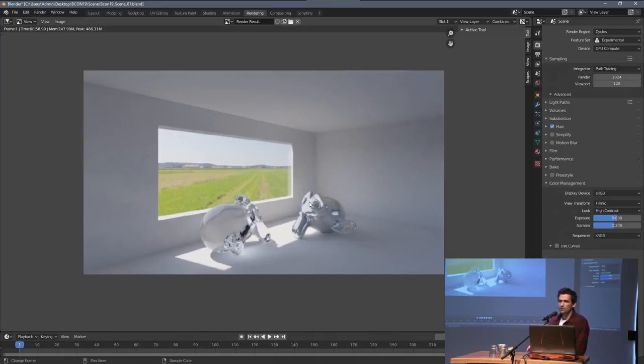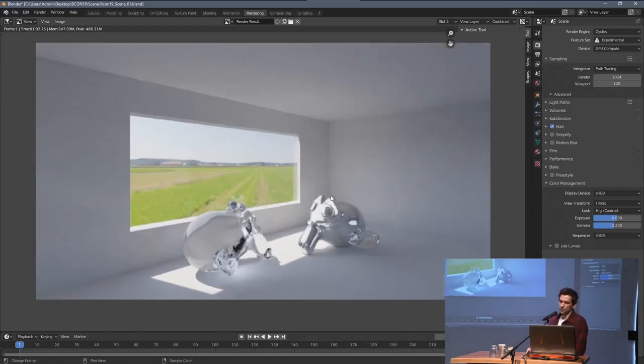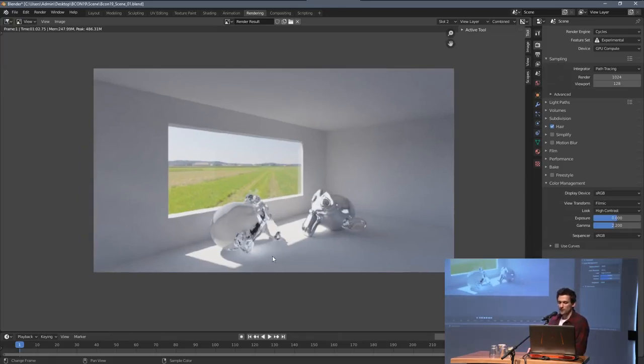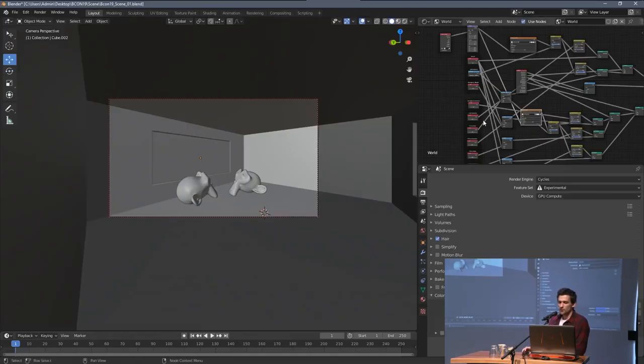Usually when you look around, if we took a picture of something, the actual picture which captures physical light would probably have this bluish tint as well. But the way we perceive things with our eyes simplify a lot of things. So I think this version looks a little bit more natural. But let's keep going. Let's say I would like to increase this nice caustic effect that happens here. So I can also do that within this setup